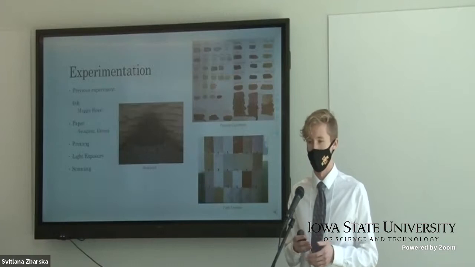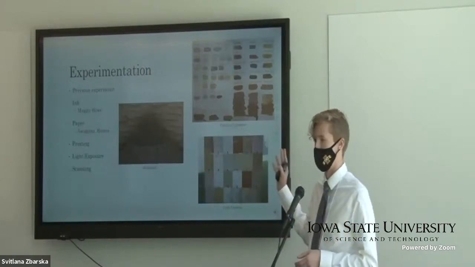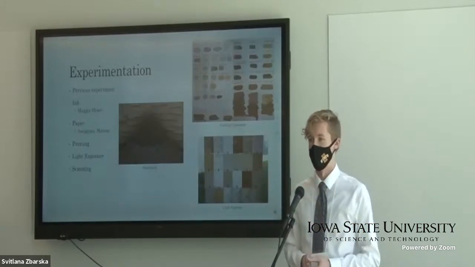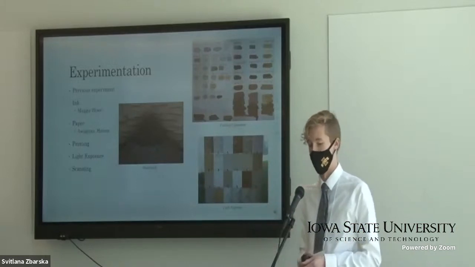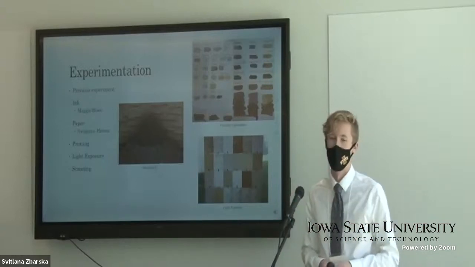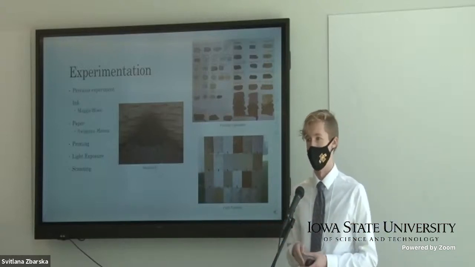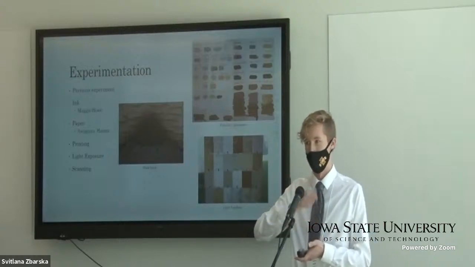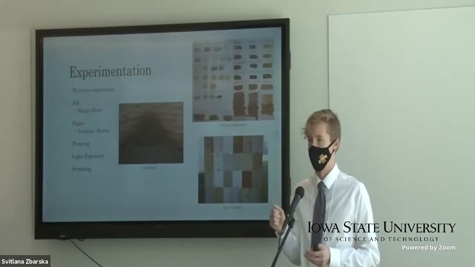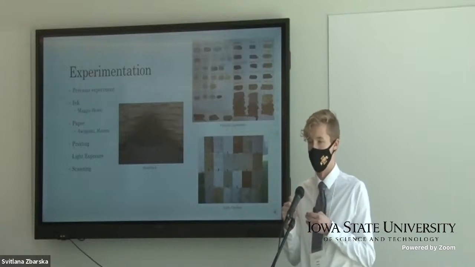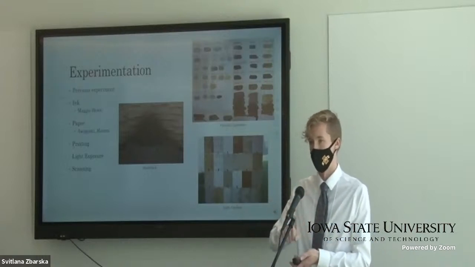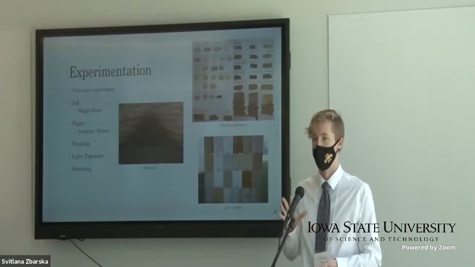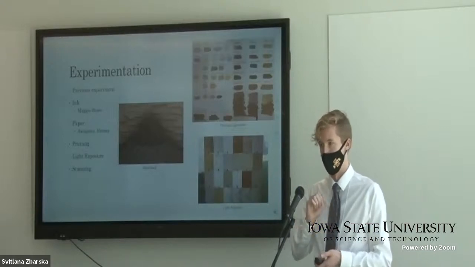I would apply this ink to the wood block, which can be seen to my right on the presentation right there. Taking inspiration from the Japanese method of mokuhanga, I carved the tallest mountain in Japan, which is Mount Fuji. So after applying this ink to the wood block, I would retrieve a piece of wet paper from the damp pack. I would lay it on top of the wood block, and then using a disc baren, which is a circular tool used in mokuhanga with a handle, I would apply pressure thoroughly on the entire surface of the print to make sure that the ink was pressed into the paper.